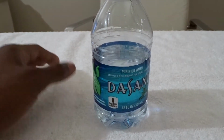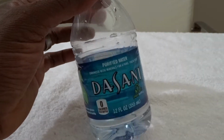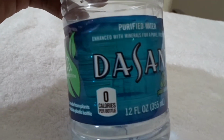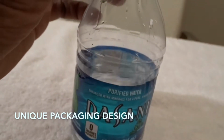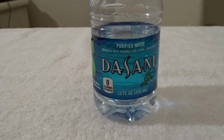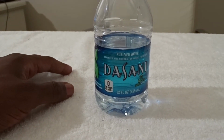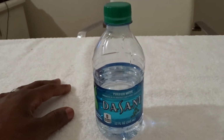But if you were like me and you've never tried this before, and you're going in thinking it's a nice fancy bottle and the font on there looks really special and very different than your generic water bottles, you're thinking you're going to get a brand new experience. To me it really doesn't give me that. I can't say I was disappointed because